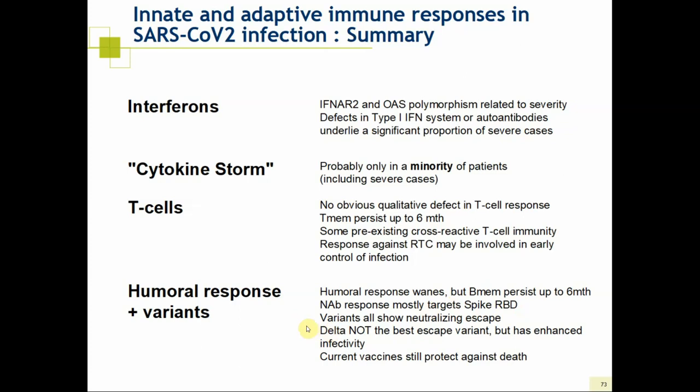So alpha, beta, gamma, and delta variants all show some neutralizing escape against antibodies generated against the initial first wave virus. Delta is the dominant variant everywhere in the world right now. Strangely, it's not the most potent escape variant. Beta and gamma show more neutralization escape than the delta variant, but delta has enhanced infectivity. So it's maybe the combination of these two things. It's got some neutralization escape, but strongly enhanced infectivity. These two things together mean that this virus variant is really